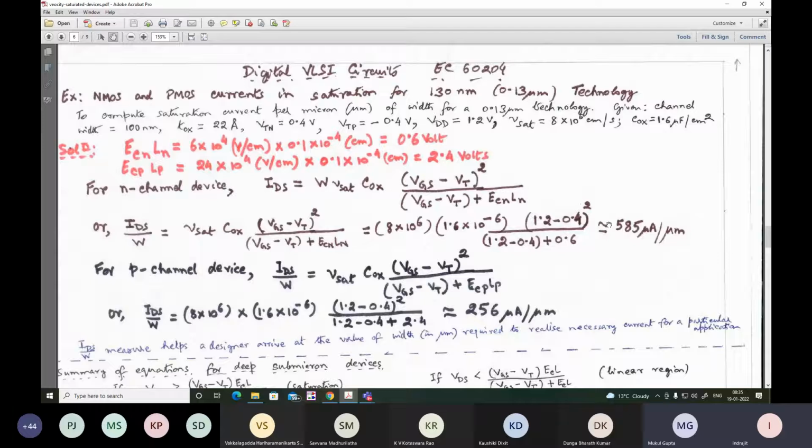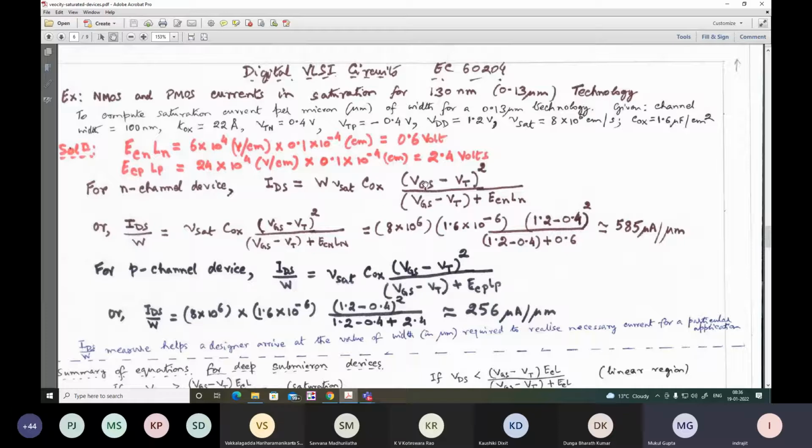If it requires a driving current of 600 microampere, then we can work with the unit size device. However, suppose 1.2 milliampere current is required for effectively pulling down a capacitive load. So for acceptable charge down time, if it is required, say, 1.2 milliampere instead of 600 microampere, then you need to have a device width of twice the minimum value, because all other parameters remain the same. For example, saturation velocity we cannot change. COX is fixed by technology, we cannot change.